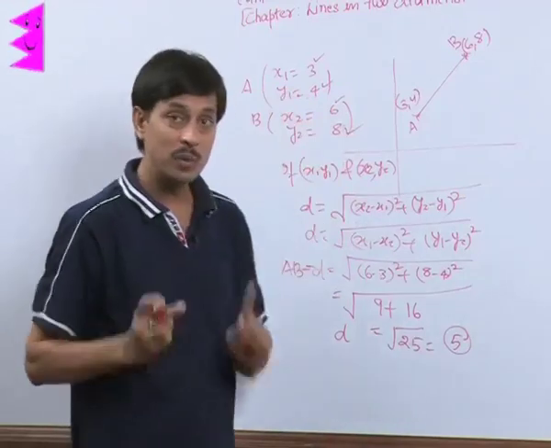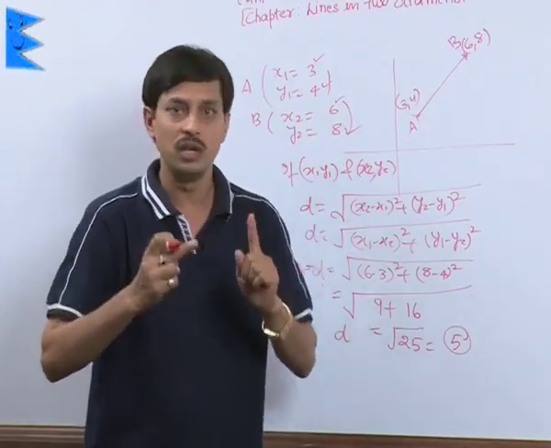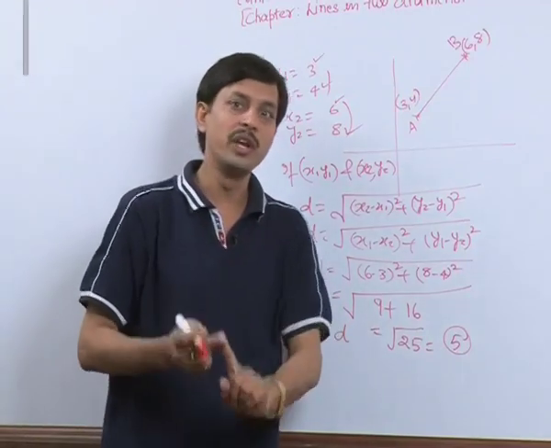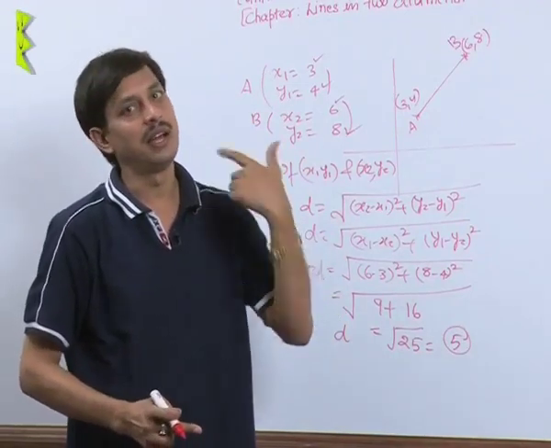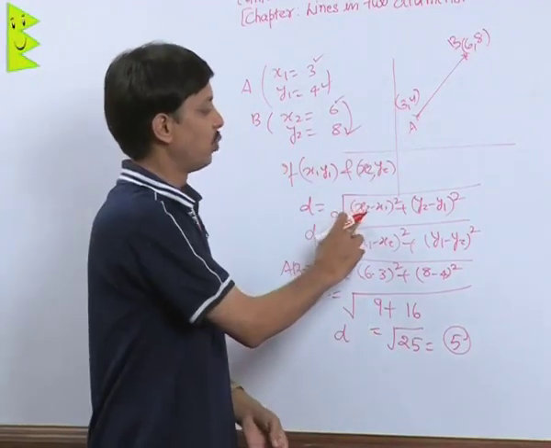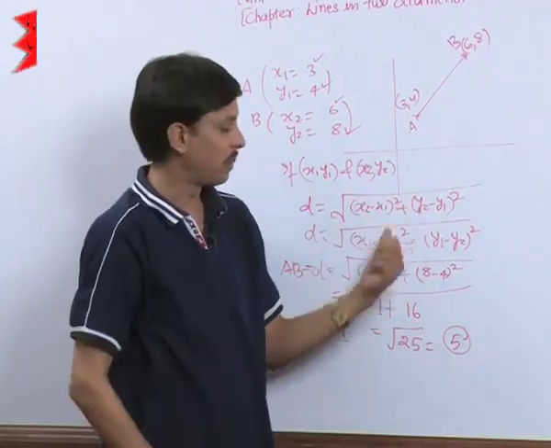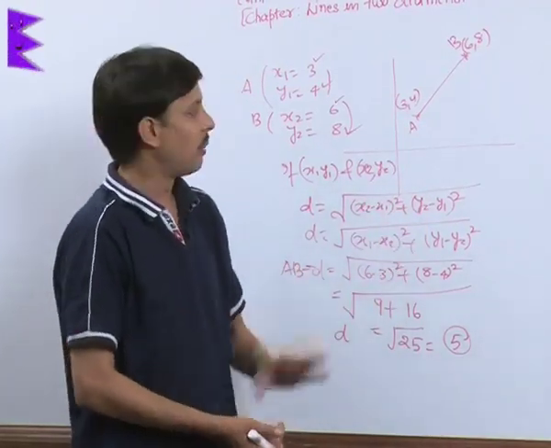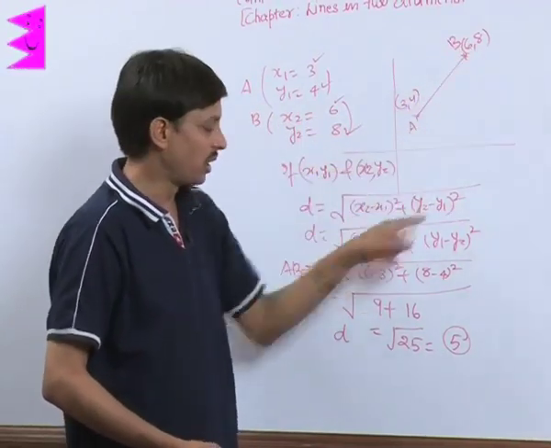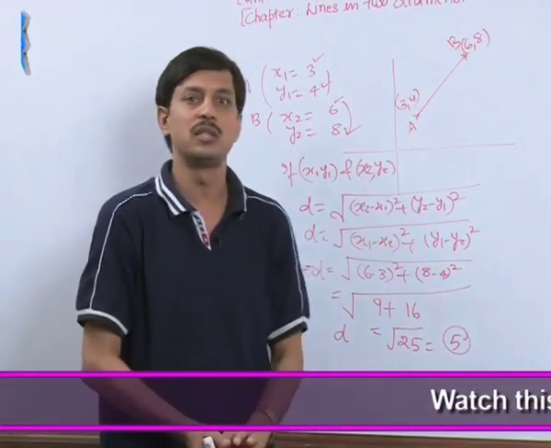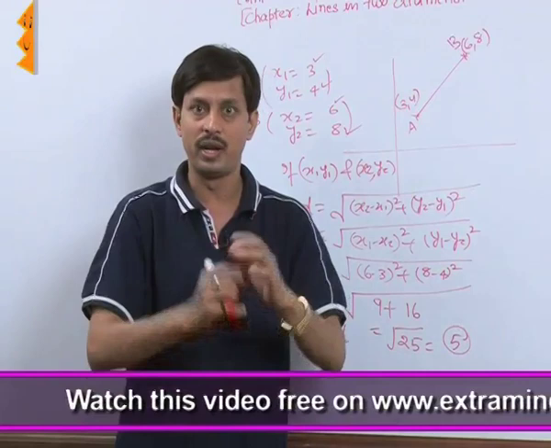So this is one example of how to apply the distance formula which has been discussed with you: if the coordinates of a point at one end are x1 y1 and at the other end are x2 y2, then the distance is the square root of x2 minus x1 square plus y2 minus y1 square, or x1 minus x2 square plus y1 minus y2 square. Comparing and knowing what x1 y1 and x2 y2 are, and putting these values, we can calculate the distance between any 2 points in any situation of coordinate geometry.